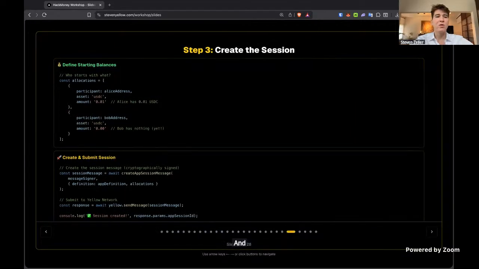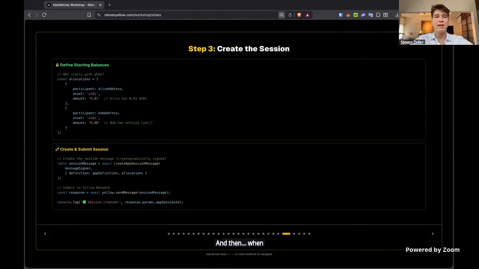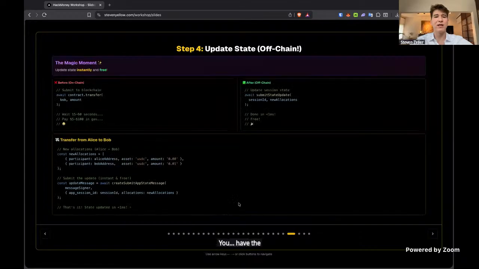And then when you want to update the state, you start your session, and then you have the users sign the state. And this happens in memory, so you don't have to prompt the user again. And we have functions for creating state update messages that then are signed by the various participants.